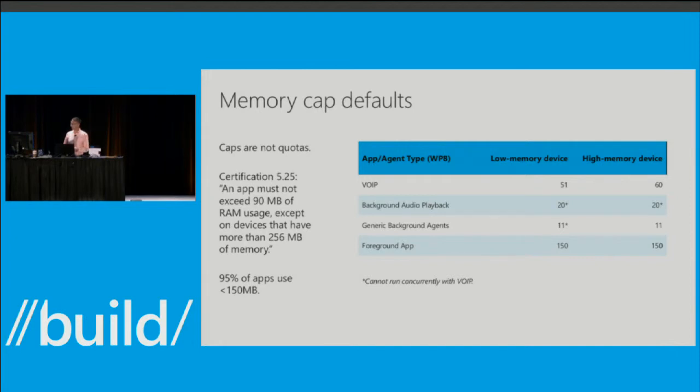I've made the point there that caps are not quotas. That's almost splitting hairs here. If you look at the certification requirements, it does say you must not try to use more than 90 meg. So 90 meg is still our only real guarantee that we'll give you 90 meg. But in practice, we will do our very best to give you whatever we said the cap is for that